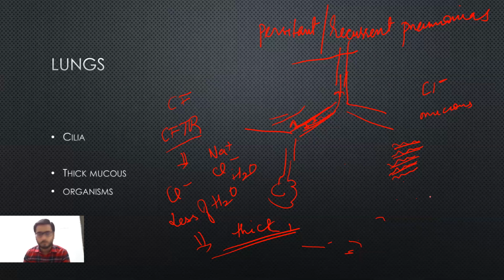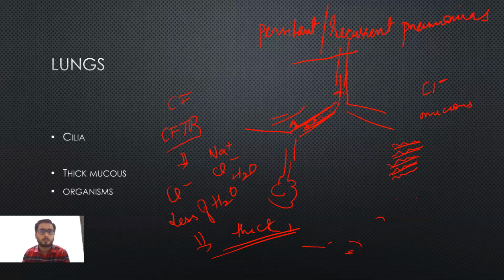The organisms responsible, again, is a question. Again, the ducts are blocked here. In the sweat glands, the ducts were not blocked. The blockage of duct is present in all organs. The pancreatic duct was also obstructed, which is why there were fibrotic changes, autodigestion of the pancreas, and fat malabsorption. Now in the lungs also there is duct obstruction leading to thick mucus and blockage of these ducts, causing bronchiectasis and bronchiolitis, and extra lodgement of microorganisms.